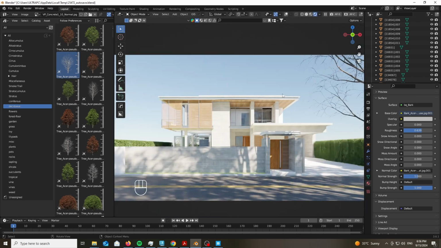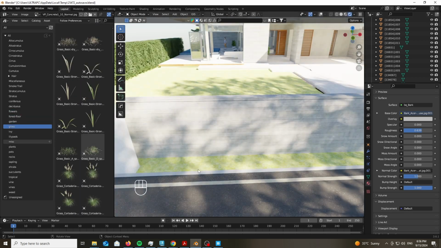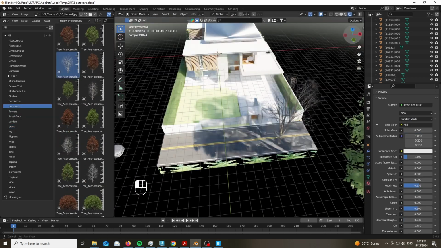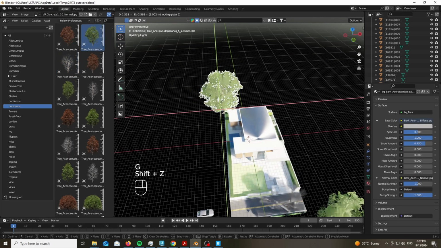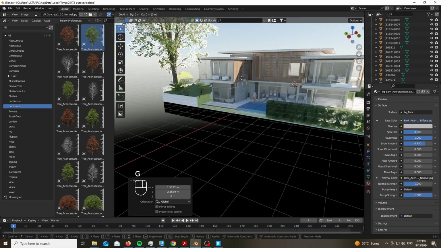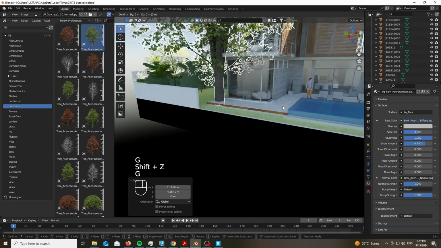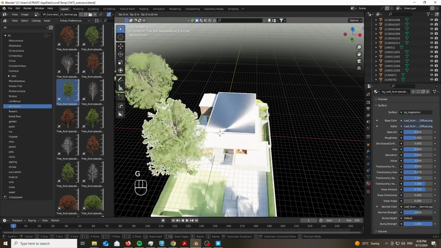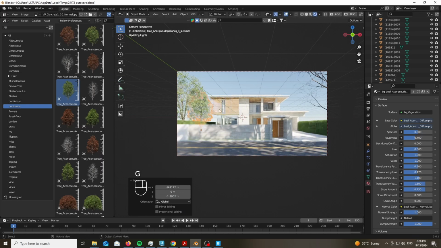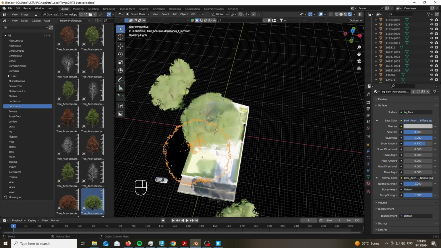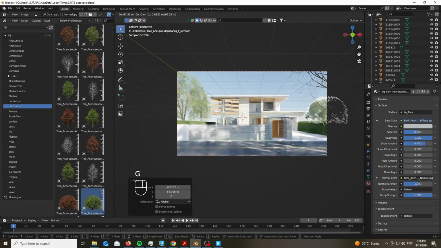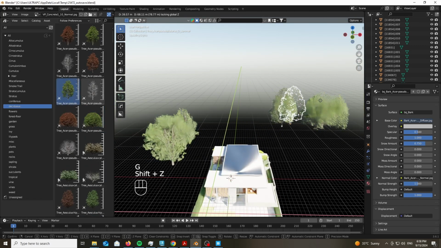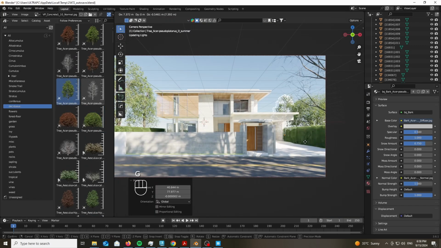And it wouldn't make sense to have a summer scene with green leaves and for some reason a tree is just naked. At this point, just scatter around your trees, populate the scene. Ideally, I would have added also houses around the scene. Maybe also duplicate the same exact house a couple of times, or use a house from the Blender Kit add-on, or just use a scan, or literally just a cube with some textures on it and a couple of windows